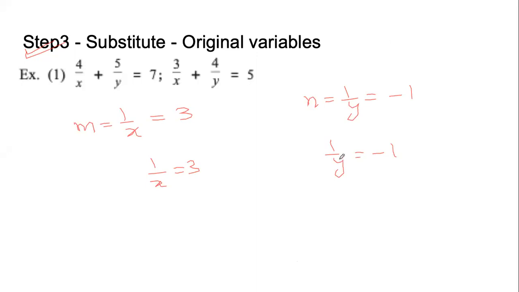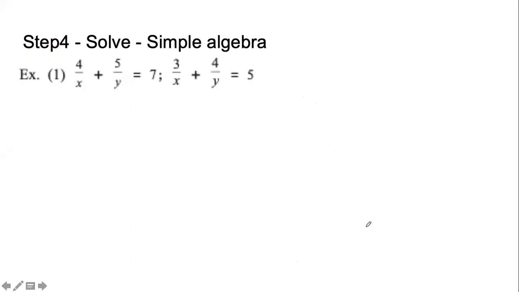So we have 1 by x equals 3 and 1 by y equals minus 1. In the last step, we have to solve them. When we solve 1 by x equals 3, we take this x to the right hand side and bring this 3 to the left hand side. 1 by x is division, so on the right hand side it becomes multiplication by x. And 3 from the right hand side, when it comes to the left hand side, becomes 1 by 3. Therefore, we can write x equals 1 by 3.